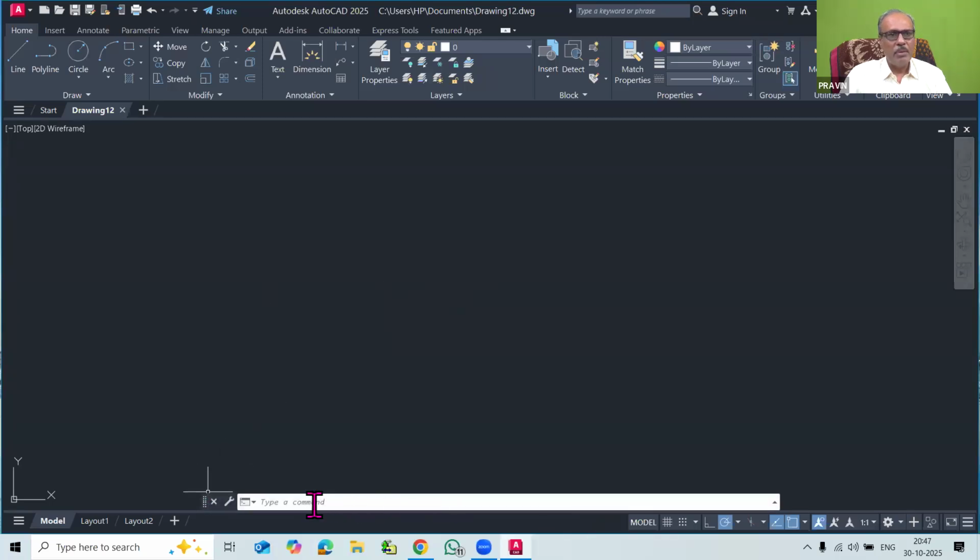This is again the same here. There is a little difference: when we type any command here, it will appear in the particular three lines. That is the simple thing here. Whatever function buttons are there, they are the same in 2013 and 2025. There are no changes in the various function buttons.